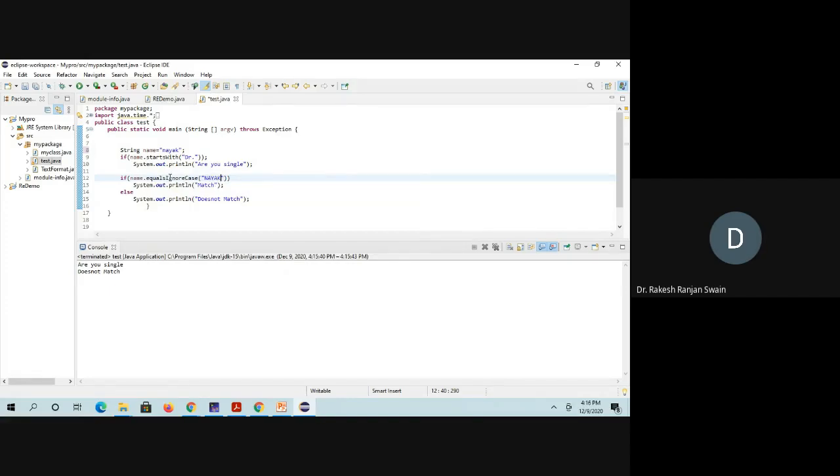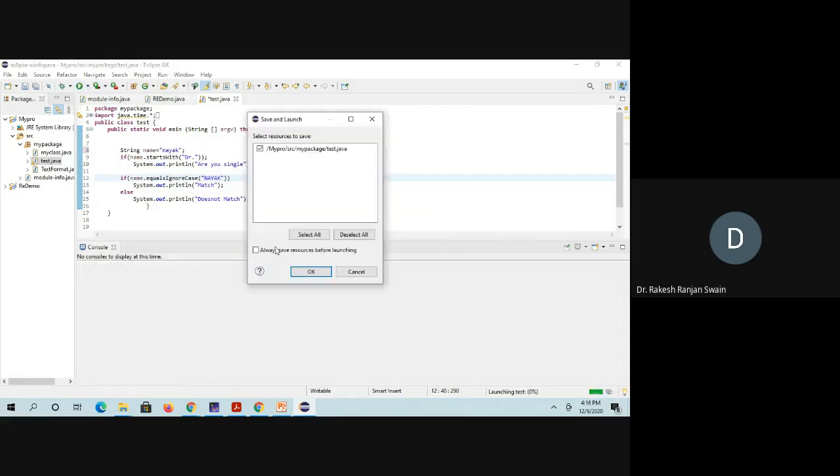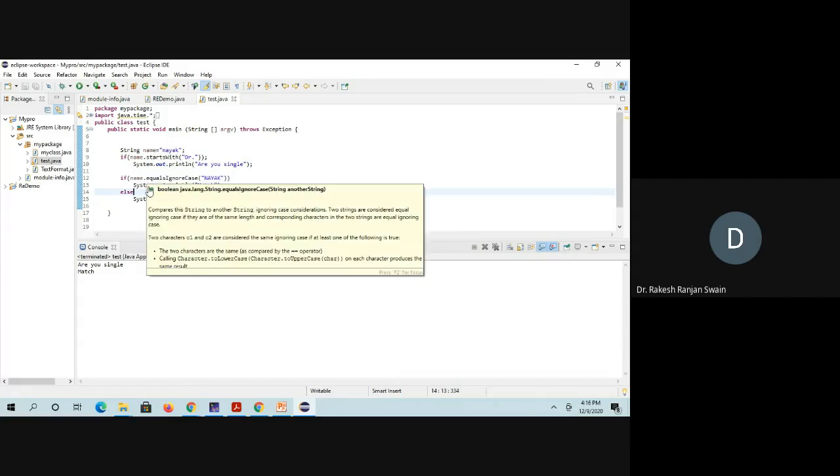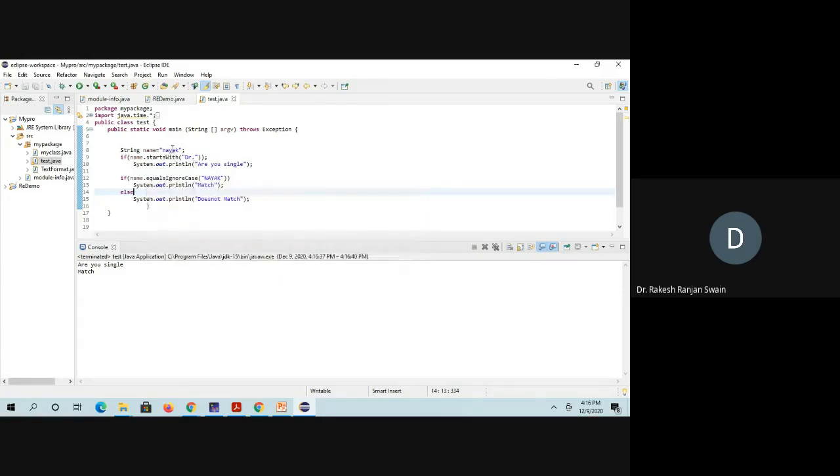But here I am using equalsIgnoreCase, so capital or small letters also match, ignoring case sensitivity. See the output: it prints "match." If you give only equals, the two do not match because of small and capital letters. With equalsIgnoreCase these two match and this statement prints.